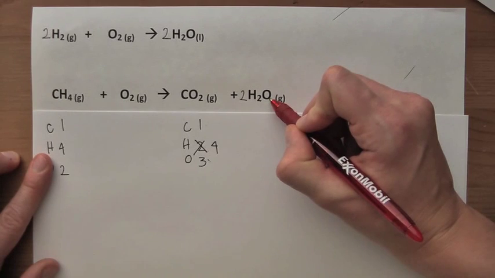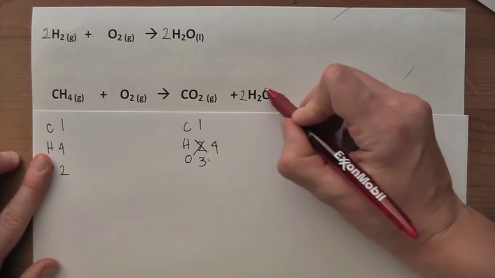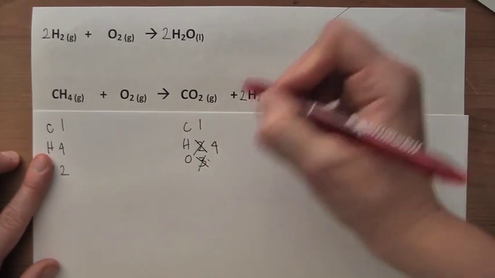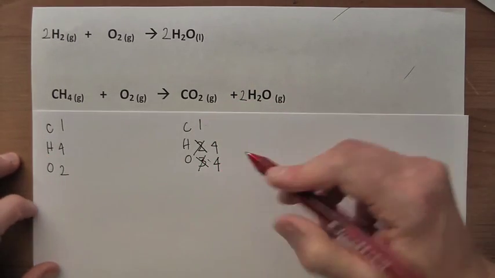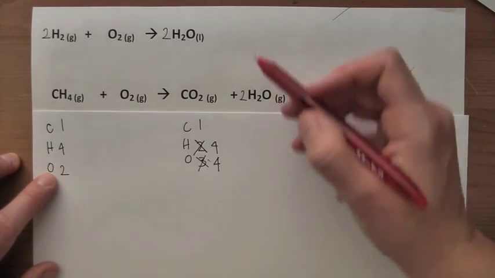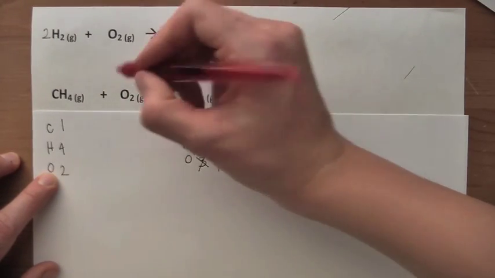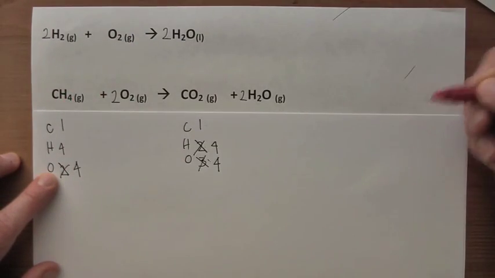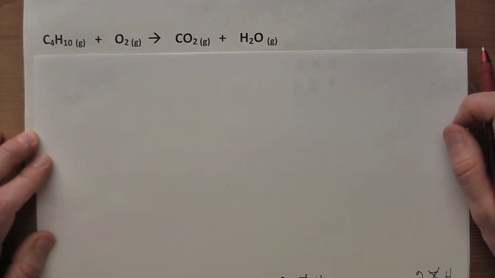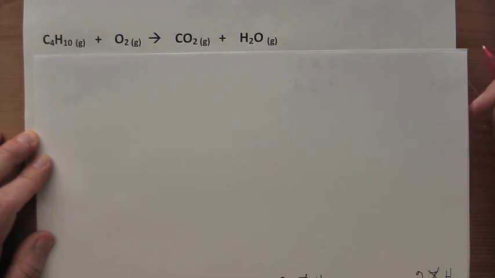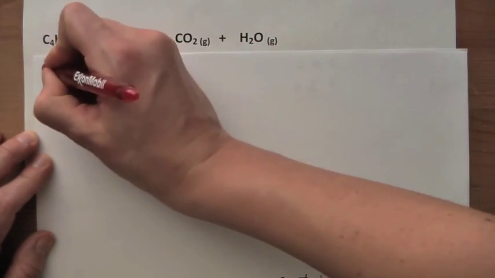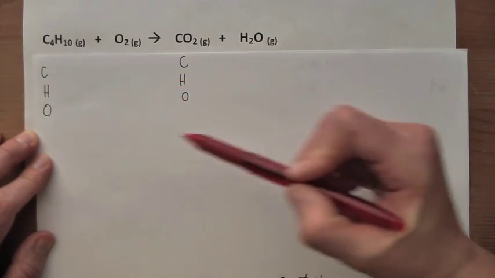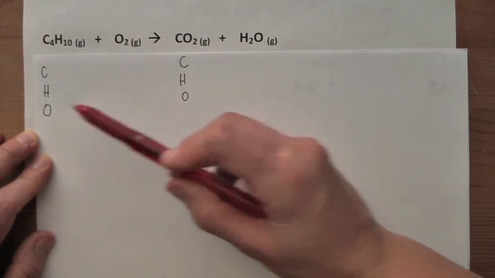But that also changes how many oxygen I have. So now I have 2 oxygen here and 2 oxygen here for a total of 4. Comparing the oxygens, oh look, there's my oxygen right there. If I put a 2 there, that will bring me up to 4. This one is a little bit trickier because we have to deal with fractions, but let's start out like we normally would. I first write the elements I'm dealing with, carbon, hydrogen, and oxygen, on both the reactant and the